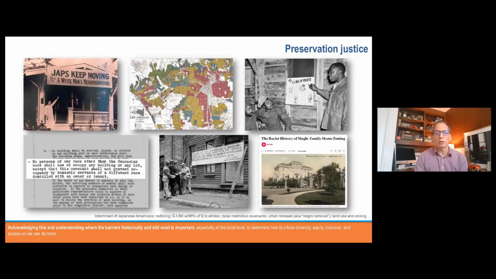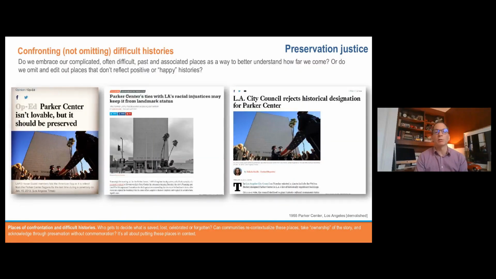And that's part of our story. In the story also is understanding that there's a long history of racism, and how does that work in our communities, from outright discrimination to redlining to federal, state, and local programs that favor mostly whites over people of color, and also racially restrictive covenants to urban renewal, often referred to as Negro removal, and also looking at things like zoning, land use, which is embedded in many of our communities and in some cases has racist overtones. Understanding that, acknowledging that, is part of the understanding in moving forward as we think about how this has played out in our communities and what does it look like.